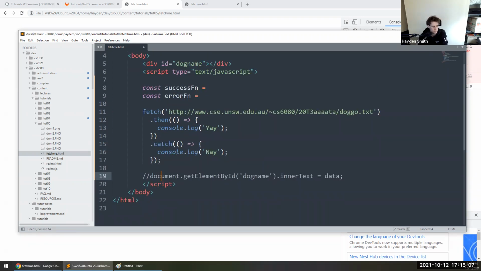Except what we want to do in the success case is we actually do want to update the DOM. So instead of printing yay, we'll actually set the dog name to data. Now, what is data? Well, every promise, when it calls a success function, it actually gives it the data that has been compiled from the promise, right? It's a little bit incepty, but